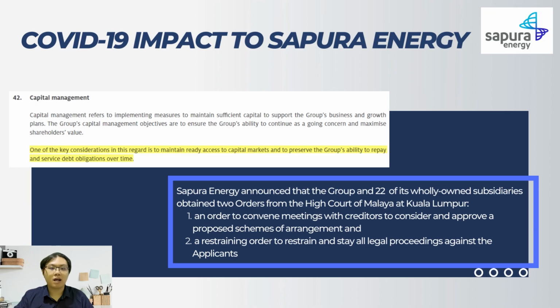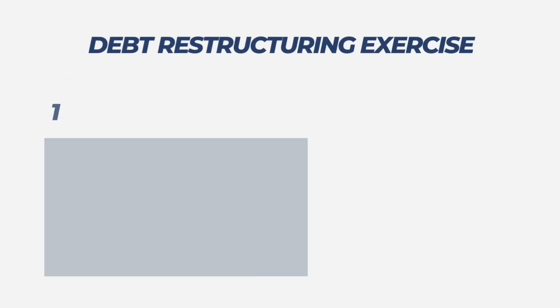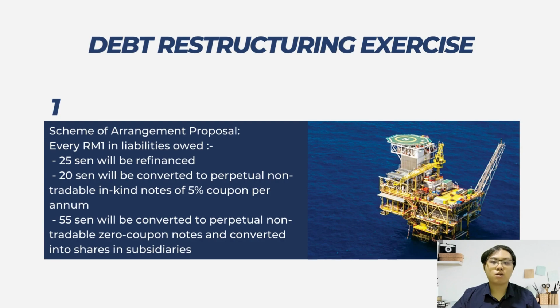The 2 orders are: 1, an order to convene meetings with creditors to consider and approve a proposed scheme of arrangement, and 2, a restraining order to restrain and stay all legal proceedings against the applicants. Sapura Energy has made 3 exercises to restructure their debt. Firstly, they implement the proposal of scheme of arrangement, which is for every 1 ringgit in liabilities owed, 25 cents